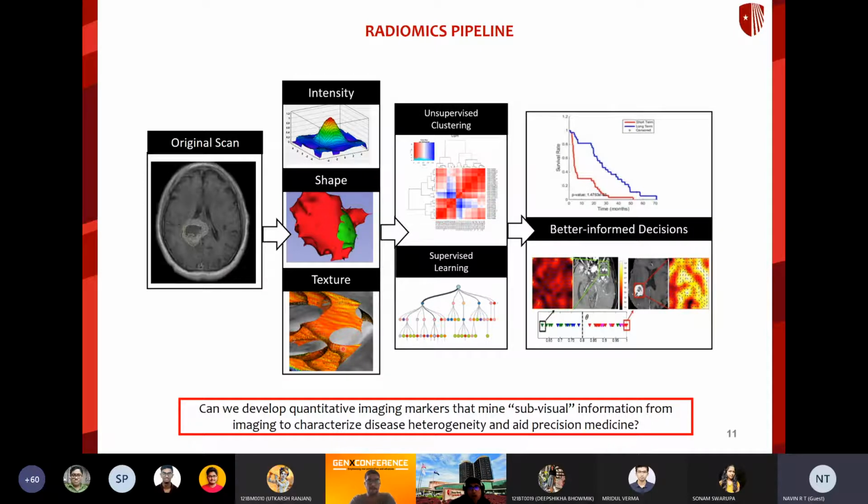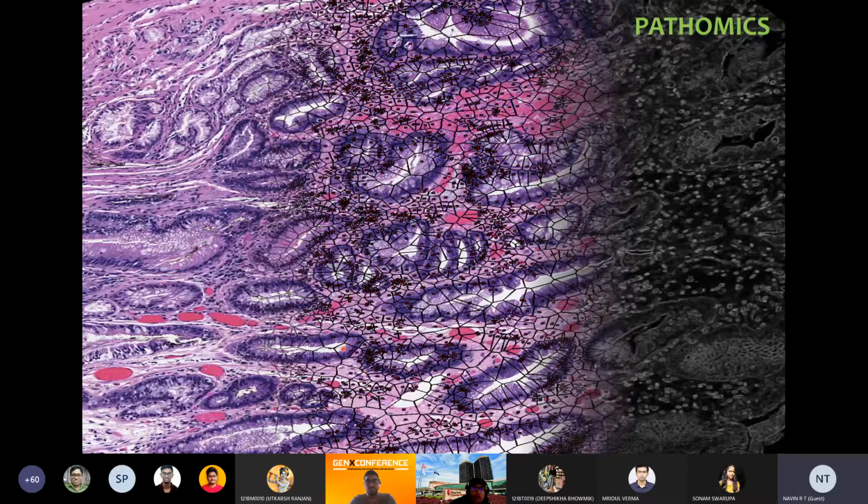Now, here I'd like to briefly introduce the field of Pathomics as well. So similar to radiomics, where you extract subvisual features from the radiological imaging modality, Pathomics features help us appreciate the subvisual characteristics of digitized pathology slides. Now, on the left, the entire screen, what you see here is an example of a digitized H&E slide. So you have the H&E marker, which the tissue has been stained with. And so this is what a pathologist would see when they look at the slide under the microscope.